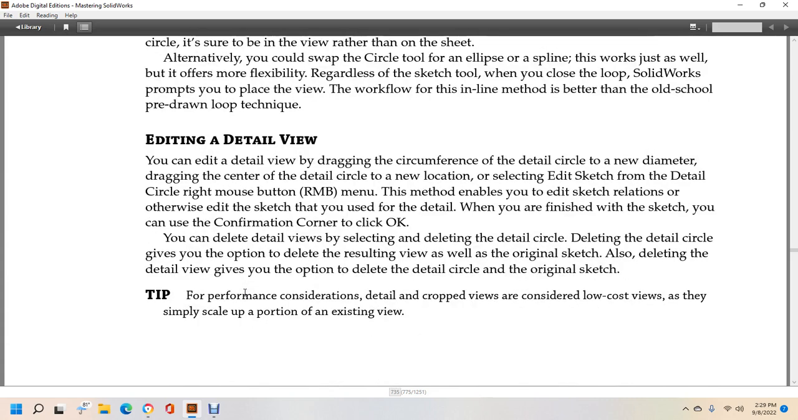Editing a detail view. You can edit a detail view by dragging the circumference of the detail circle to a new diameter, or dragging the center of the detail circle to a new location. Selecting Edit Sketch from the detail circle's right mouse button menu enables you to edit the sketch relations. Otherwise, edit the sketch using the detail tools. When you're finished with the sketch, you can use the confirmation corner and click OK. You can delete